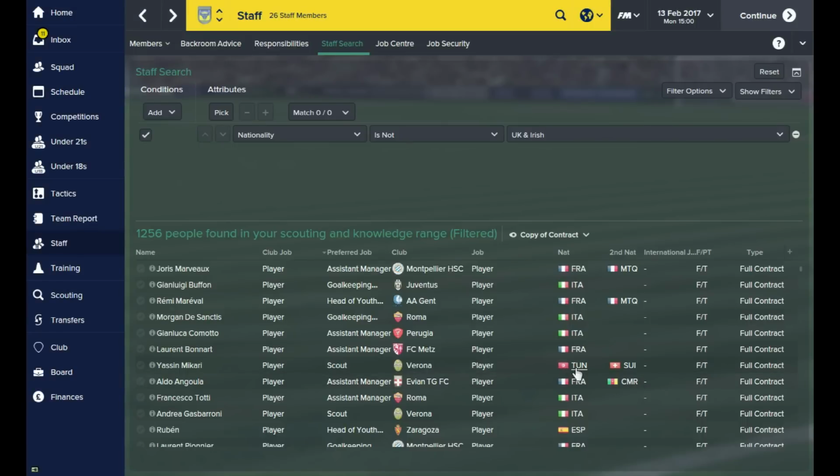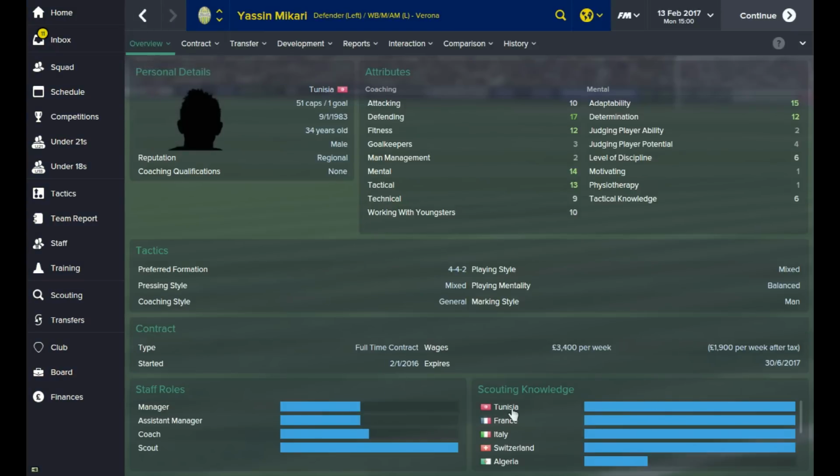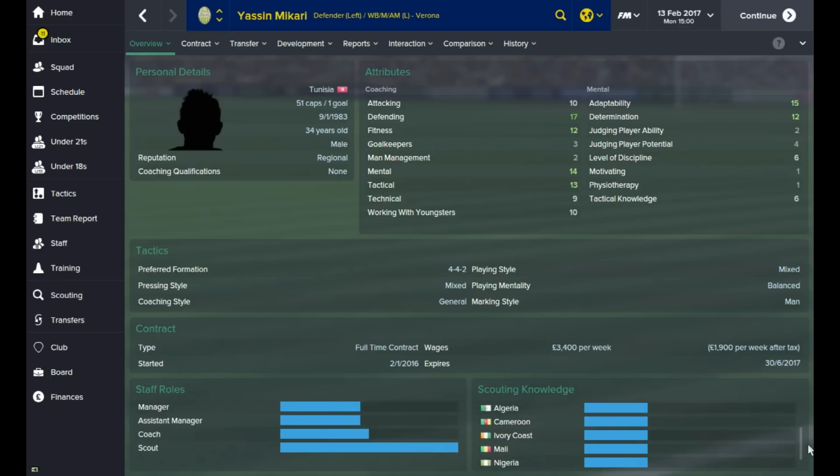So this guy is Tunisian, but his second nationality is Swiss, playing his football in Italy. And if I again go to his staff attributes, we've got full knowledge of Tunisia, full knowledge of Switzerland, and full knowledge of Italy. Now, because this guy's from quite an obscure footballing nation, look how much knowledge he's got of random other little countries as well. Somewhere in his playing days, he must have played around the African area. He's got so much scouting knowledge of loads of different nations,